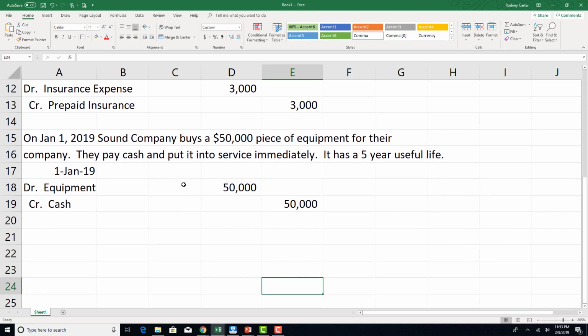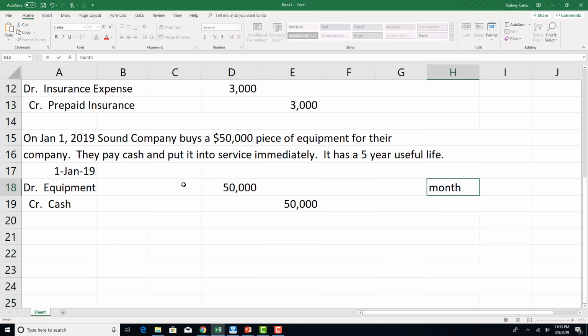So what do we have here? We need to depreciate this asset. I'm going to show you. A lot of publishers like to show you annual depreciation. That's fine. A lot of textbooks is what I mean by publishers, but